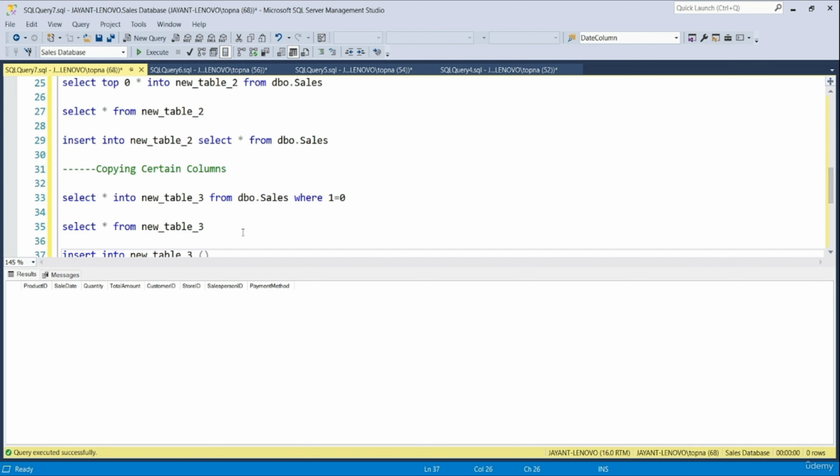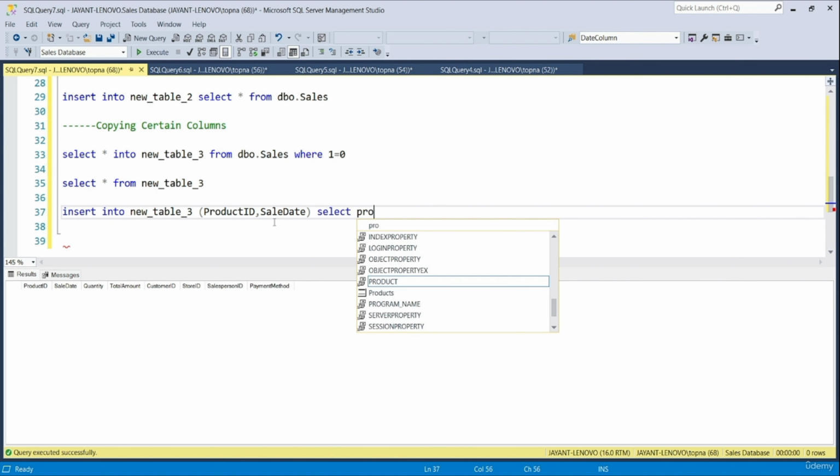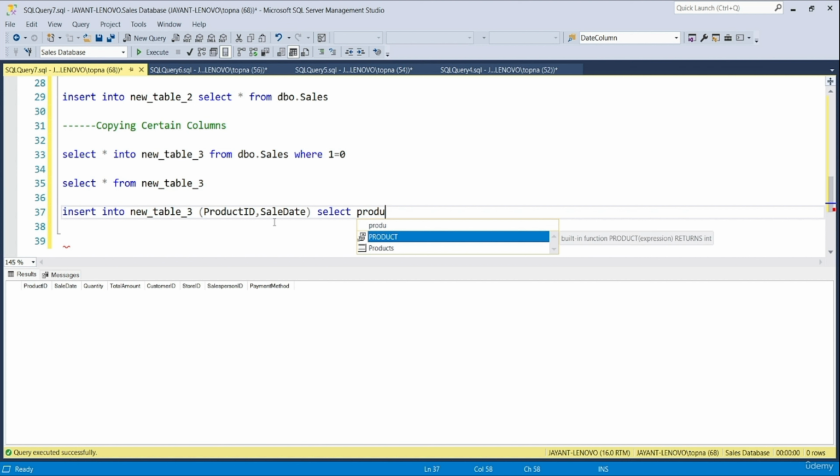So Control R, let's say we want to copy the values for product ID and sale date. So we can write product ID, comma, sale date. After that, we can write select product ID, comma, sale date,